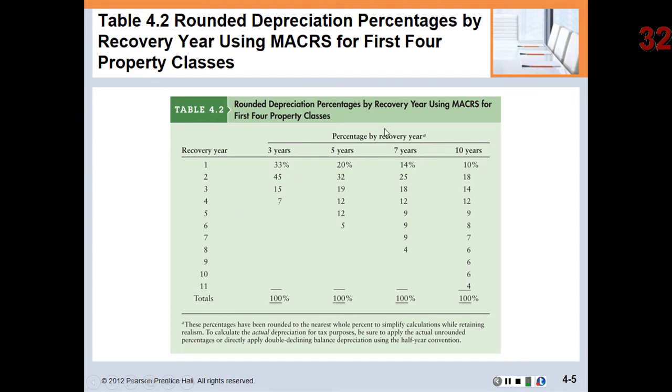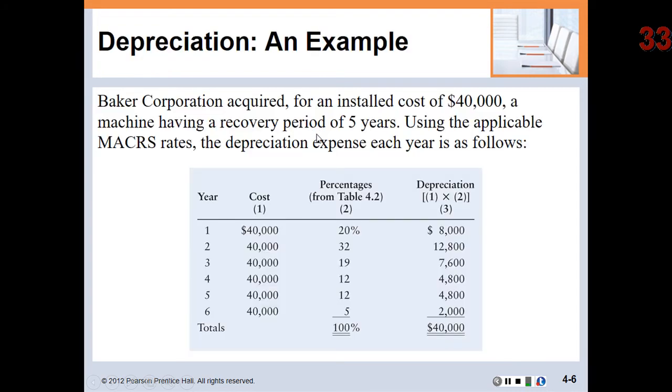Okay, so it'll have the first 4 classes. It's going to have the percentages. I'm going to tell you whether to use the 3, the 5, the 7, or the 10-year. So basically, all you have to do is calculate the depreciable value and then do the multiplication. So here's an example where we've got